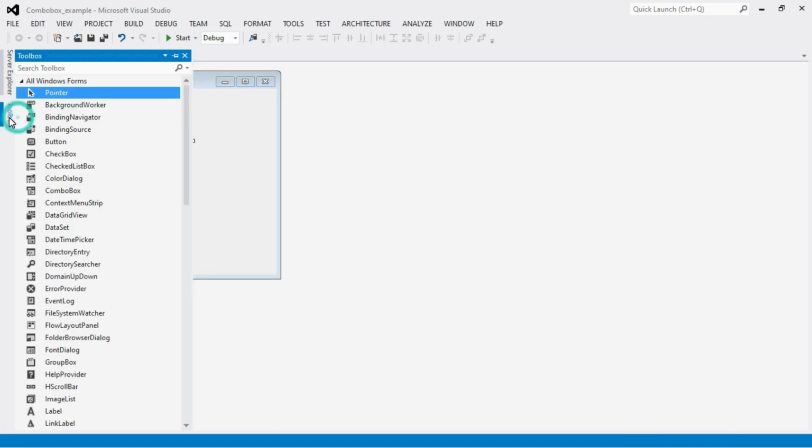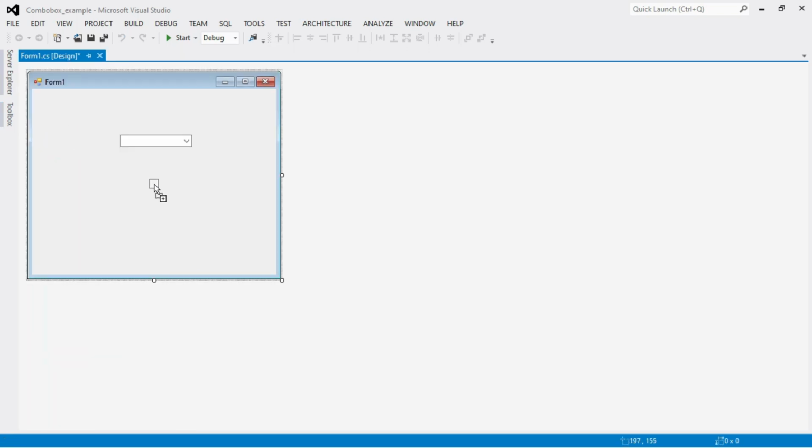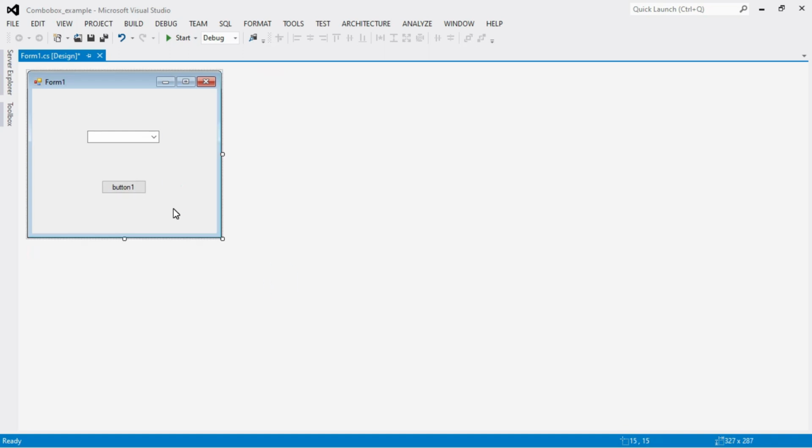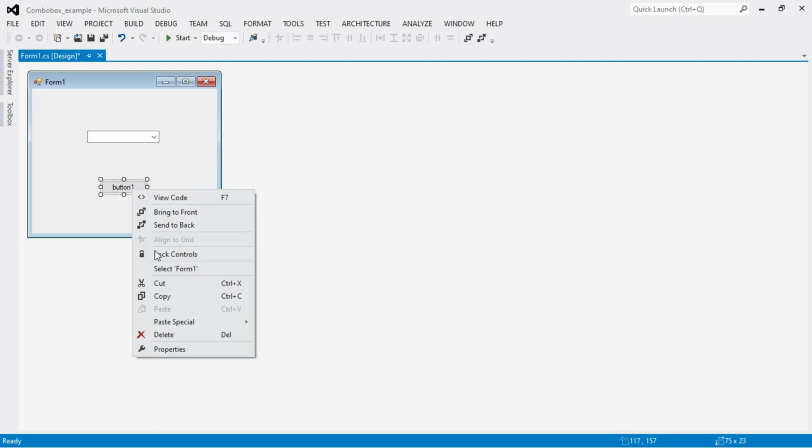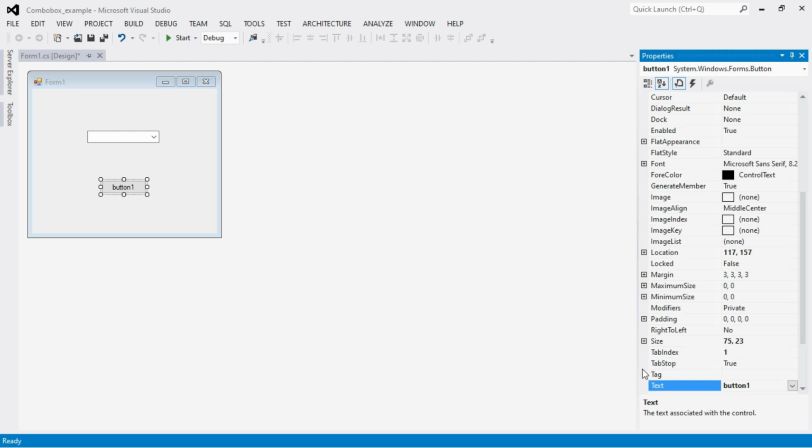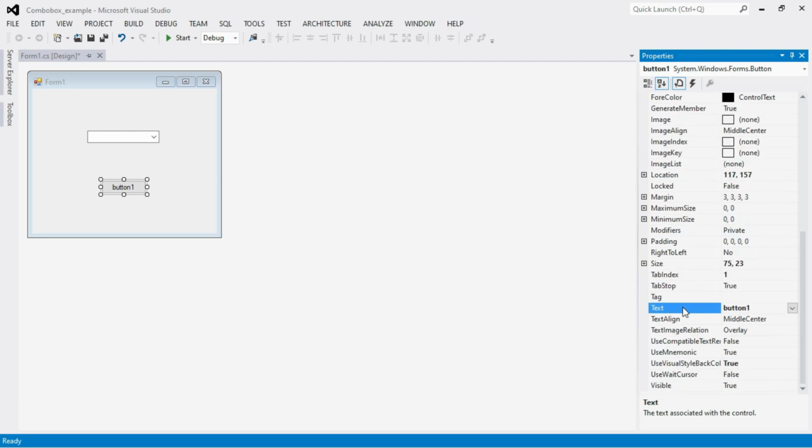Now insert one button. For today's practical, we require only two things: one is a combo box and one is a button. Now rename the button if you want. How to rename a button? Just click on the button, then right click and go to Properties. After that, change the Text property, which is button1, and here I am going to change the text as